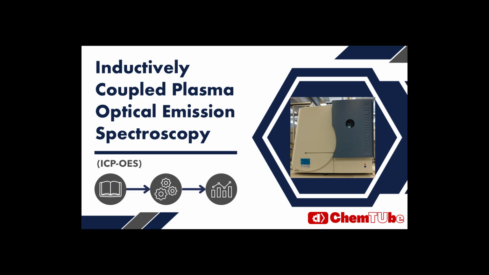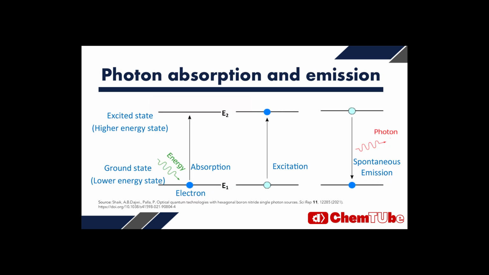Firstly, let's have a look at some background. The energy levels in atoms are quantized. This means that between the ground and excited state of an atom, there is a defined energy spacing. When an atom is provided with enough energy from the plasma, its valence electron can get excited to a higher energy level. When the atom returns to its ground state, an emission of a photon happens. This emitted photon has energy equal to the energetic difference between the excited and ground state, which corresponds to a particular wavelength that will be specific for each element.